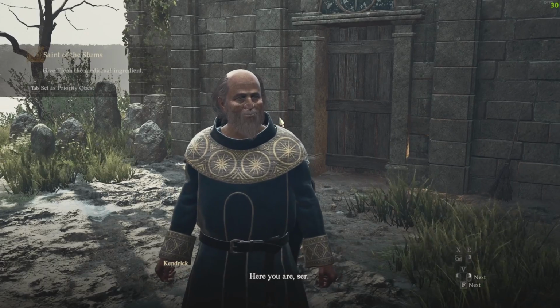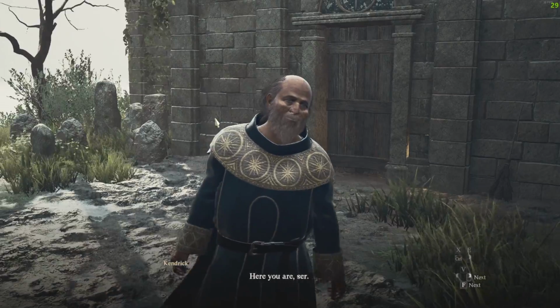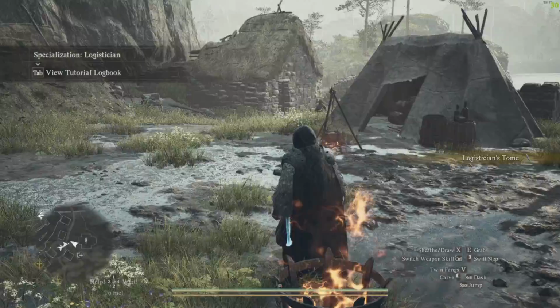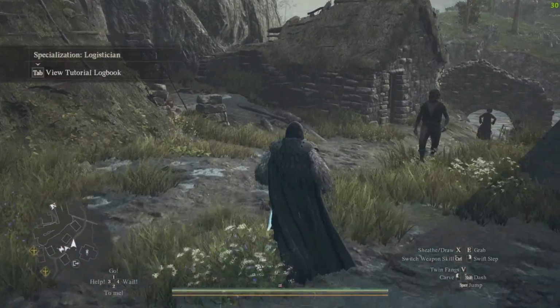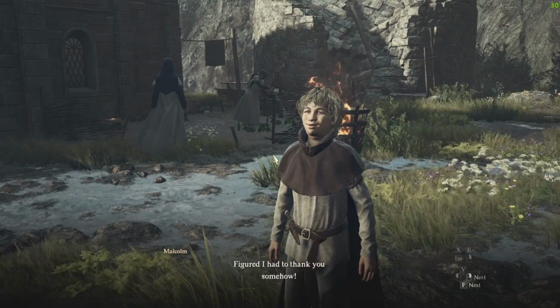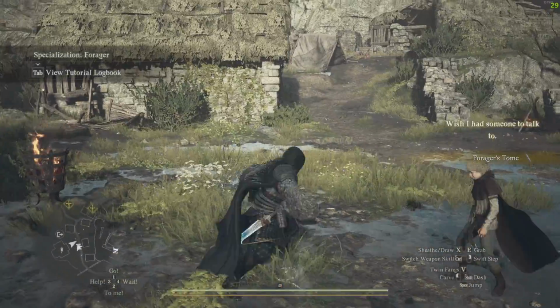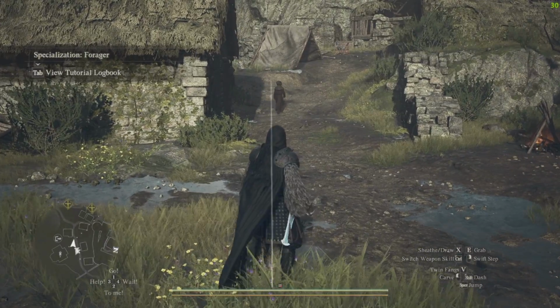Now, once you have completed this side quest and waited a day, if you go back into the area just in the slums, Kendrick will approach you and give you the Logistician's term, as you can see there, which is really useful, and you can use that to give your main pawn the Logistician Specialization. And also, if you see Malcolm in the area, keep walking around until you see him. He'll wave at you and then approach you, and he will give you the Forager's term as well, which means that you've then got both of these things, which you will find in your